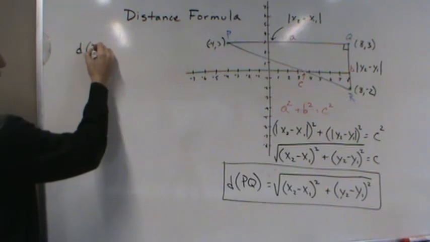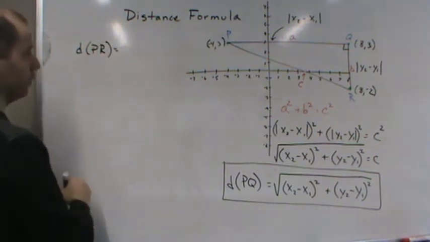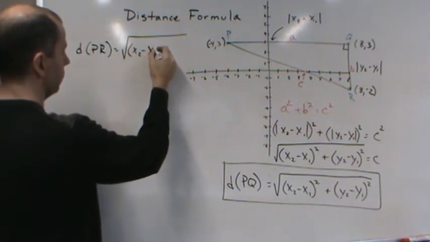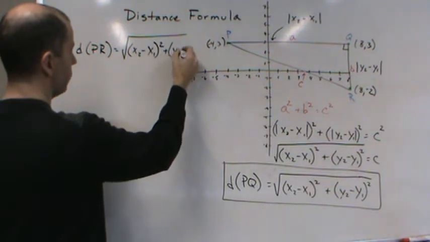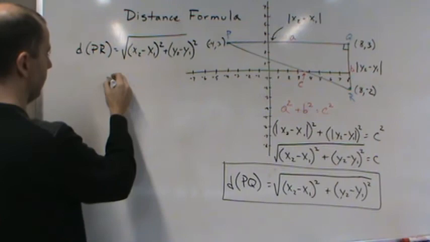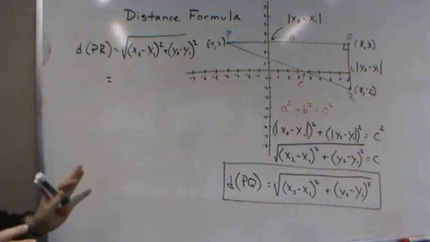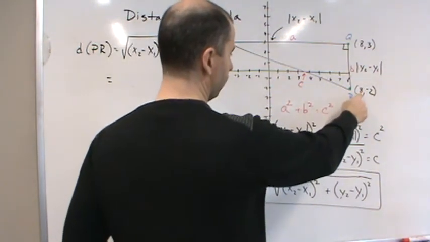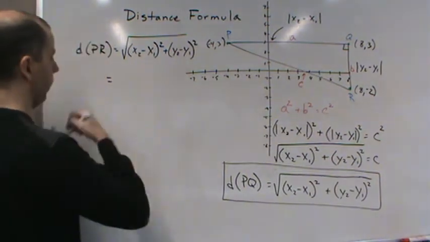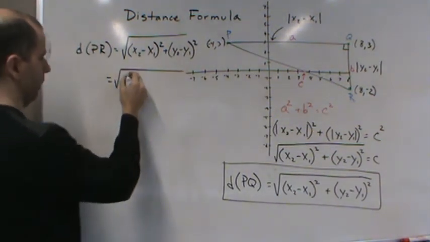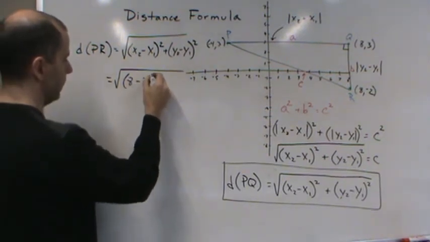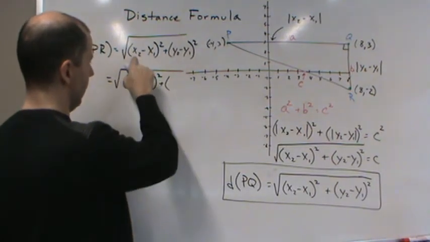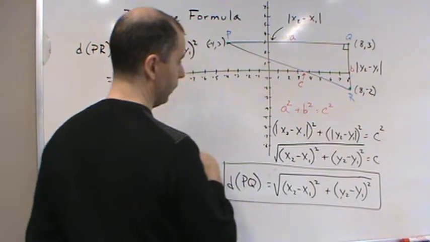So distance PR, well, that's going to be equal to the square root of x2 minus x1, oops, squared, plus y2 minus y1 squared. And now let's plug in the values. So x2, and then here's the thing, whatever x2 and x1 is, just be consistent. So let's do this, the first point. So this will be x1, and this will be x2. So we're going to do 8 minus a negative 4, okay? So be careful of the signs. So this is going to be 8 minus a negative 4 squared, plus, now the difference in the y's is going to be, okay, well, if 8 is x2, then we're going to have negative 2 be y2. So it's going to be negative 2